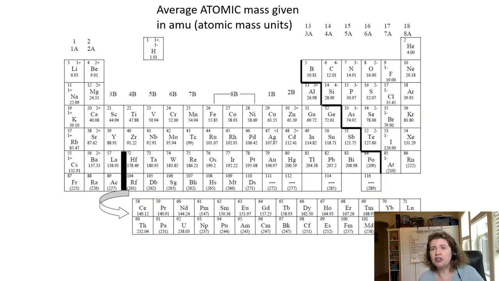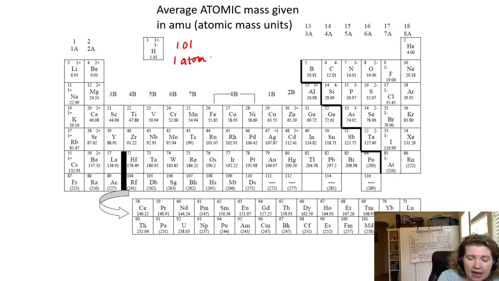Okay, so how do we use this concept to go about counting a sample if we know the mass? We need to look at the periodic table and look at these mass units that are in the periodic table. So for example, when we look at hydrogen, hydrogen here has a 1.01 next to it. That is the mass value. Now there's two interpretations that we can give to this mass value. I can think that this is the mass of one atom. So I can say that one atom of hydrogen is equal to 1.01 if the unit I use is an